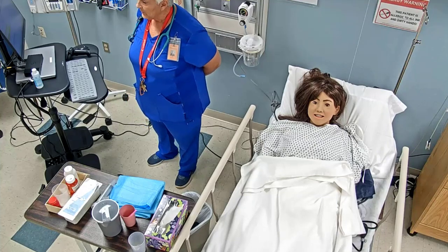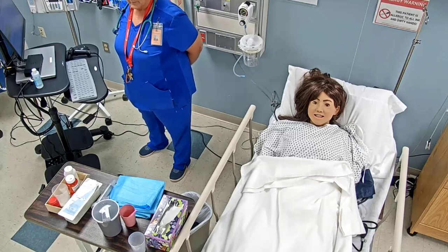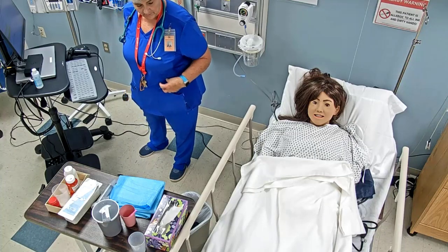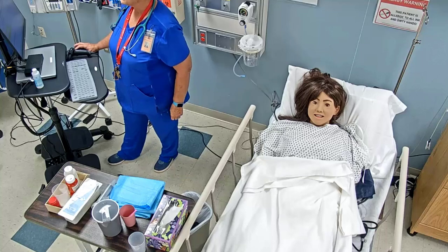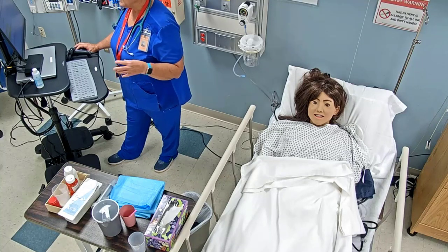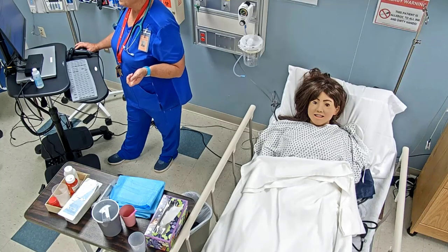Okay, today we're going to be going over giving PEG meds through either an NG tube, but we're going to be demonstrating it on the PEG itself today. So just like with any of our skills, we're always going to be checking our doctor's orders, and then we're going to identify anything in the chart that we need to know,